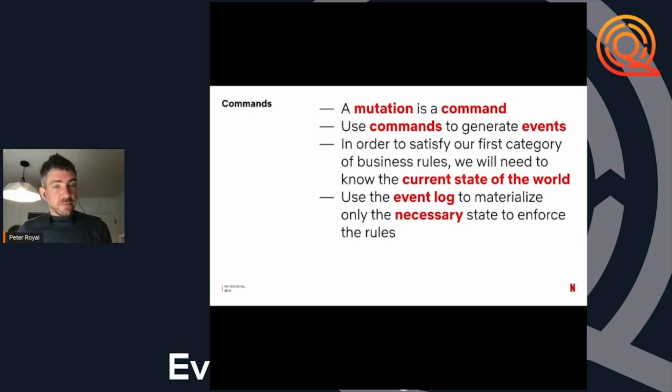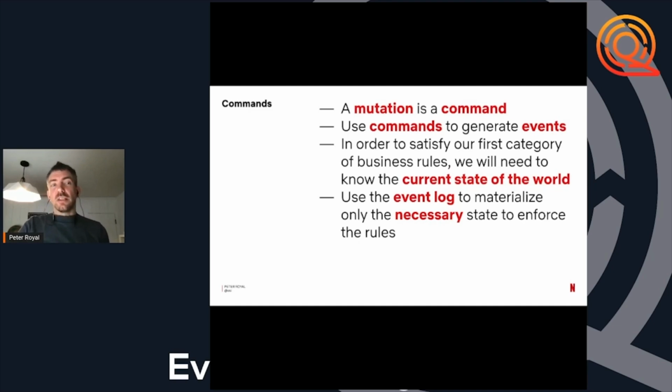So commands. A CQRS command, from a GraphQL perspective, is a mutation, and we're going to use those commands to generate events. And in this little bubble, we need to know that the first category of business rules is satisfied, which is: are we keeping our invariants intact?